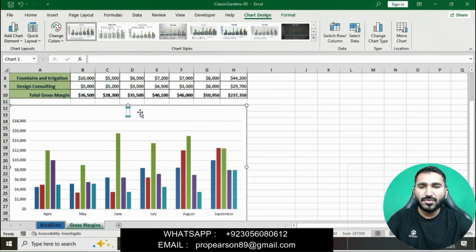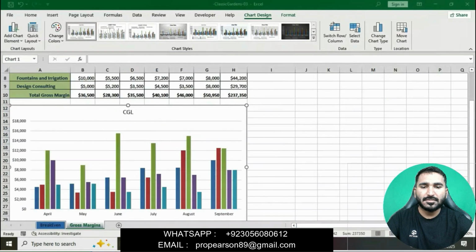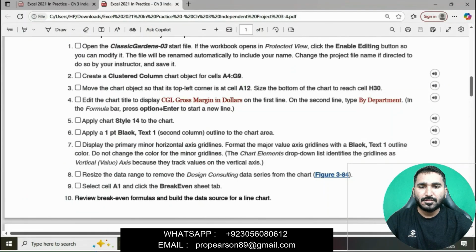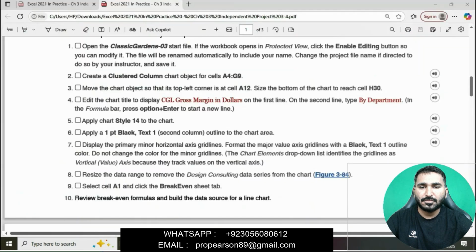We will remove this and then add CGL Gross Margin in Dollars on the first line.